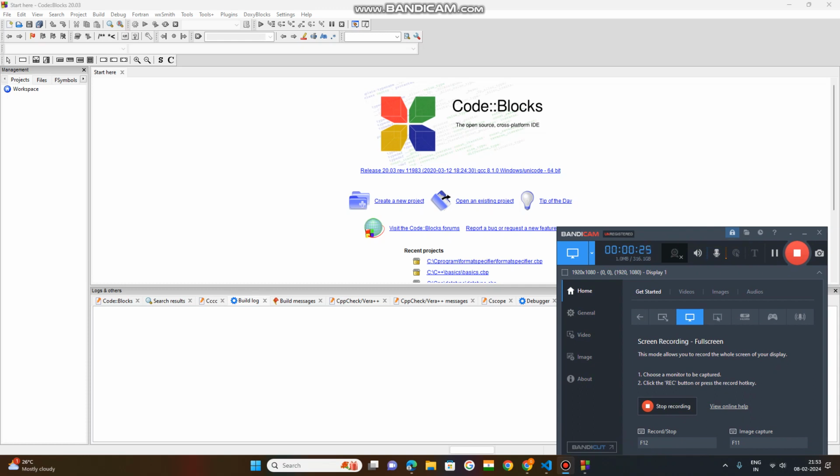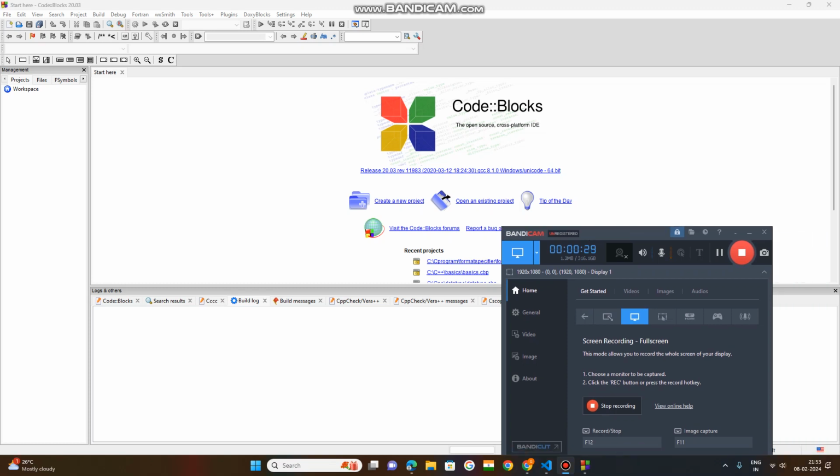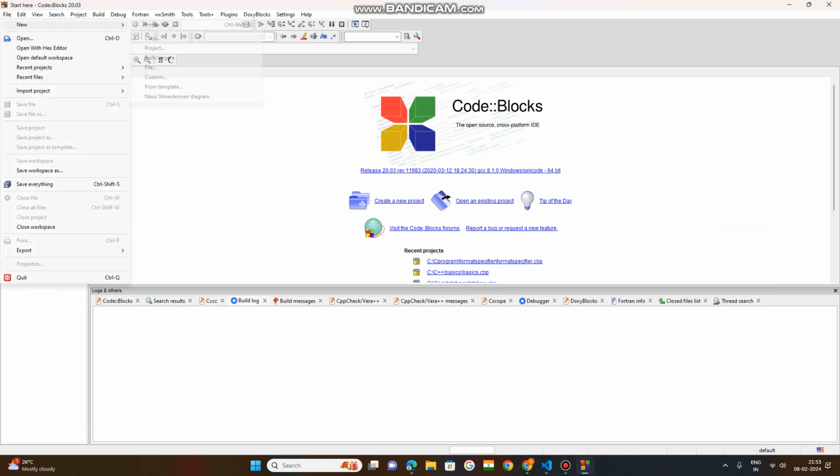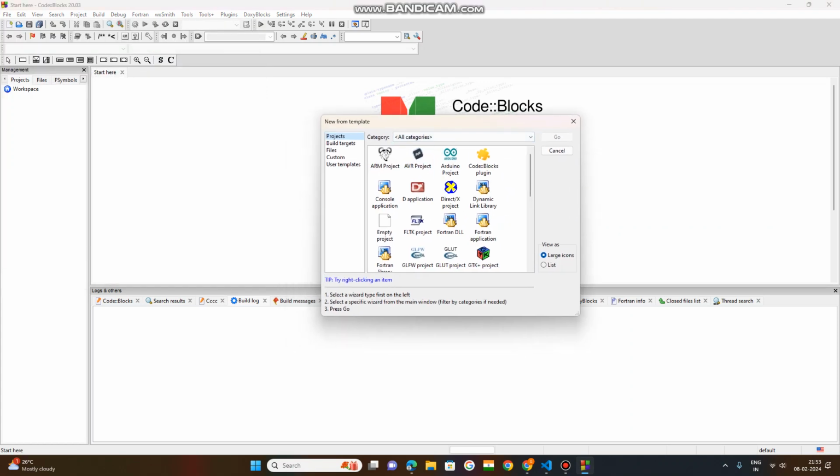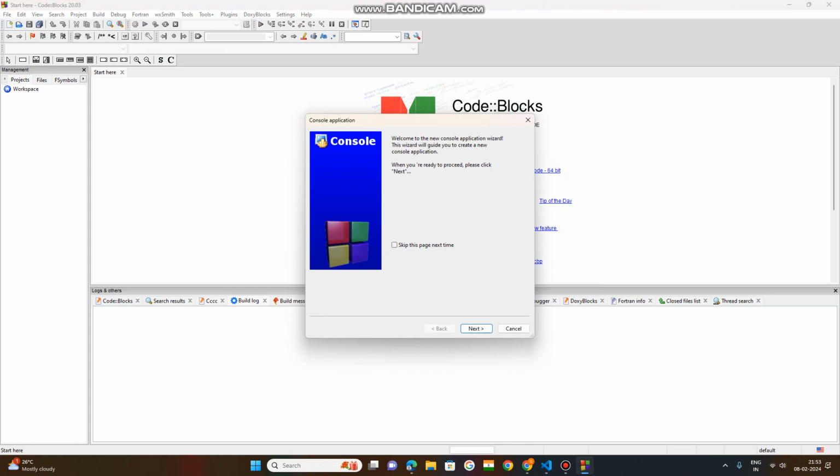Okay, so first of all, I need to create a project. Click File, New, Project. Under this, click on Console Application. Next, select C language. For the project file, you need to say data types. Now that will be stored in